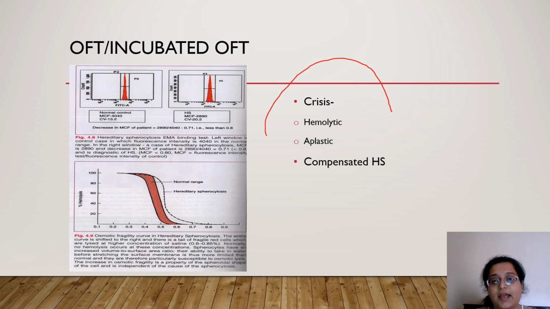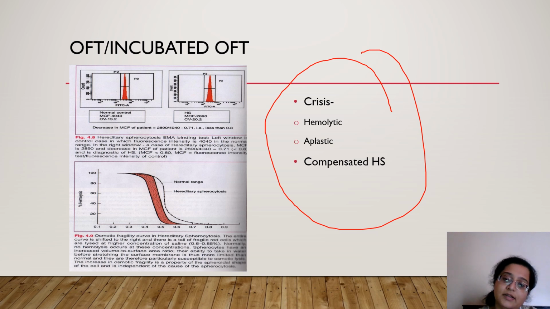So these are the kinds of phases that you can encounter a HS in. Either it is a compensated phase where you get good reticulocytosis, not too much anemia but still spherocytes, or it can be a hemolytic crisis or an aplastic crisis. Aplastic is when the cell count goes so low because of extreme hemolysis, extreme stress on the bone marrow, the marrow stops producing cells and leads to an aplastic phase. And in hemolytic crisis, you will get a lot of erythroid hyperplasia in the marrow.